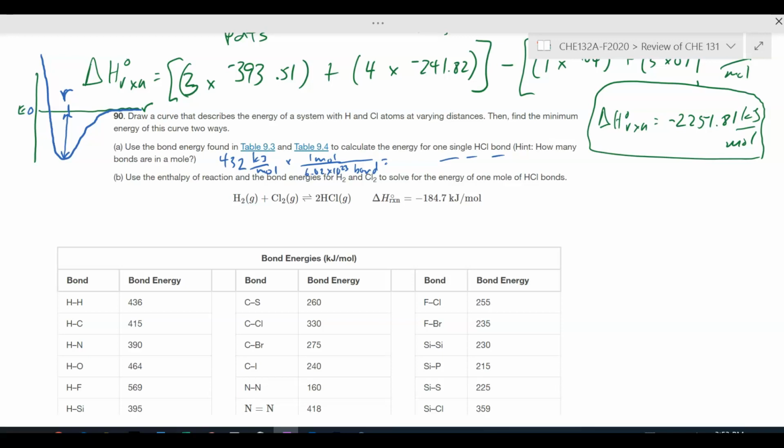That comes out to be 7.17 times 10 to the negative 22 kilojoules per bond, which we probably want to at least put in joules. So I'm going to multiply that by 1,000 to get joules, and that's 7.17